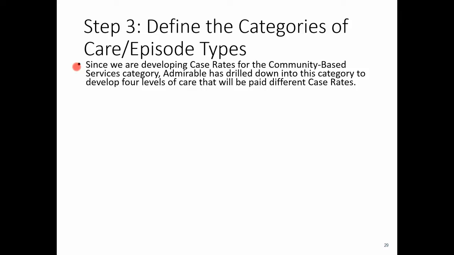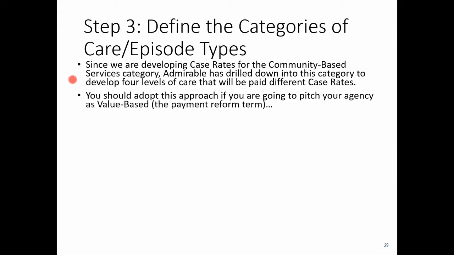I know many of you are working with the LOCUS level of care system. I believe it's really important for you to consider adopting this type of approach if you're going to position your agency as value-based: that we have not only priced out our unit costs, but we've priced out